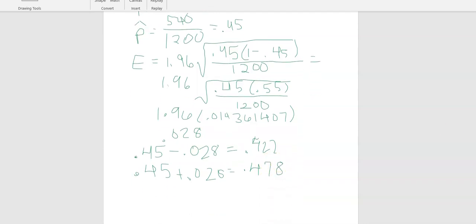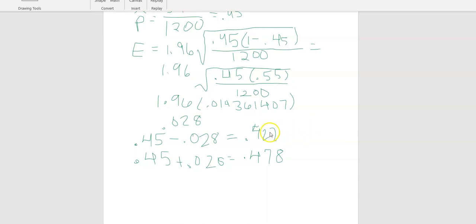All right, now those are the limits of my confidence interval right here, but let's go ahead and make our statement. We are 95% confident. Notice this is starting out just like one of the statements for the mean, but we are doing a proportion, so we have to keep that in mind. The true proportion